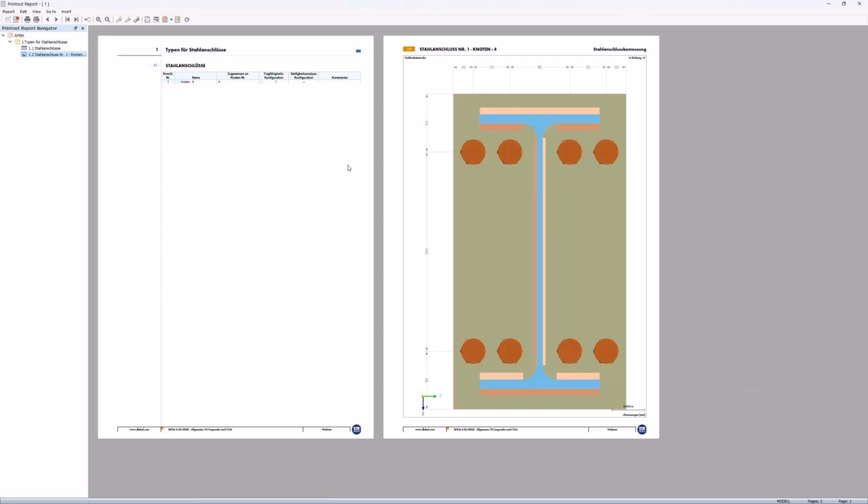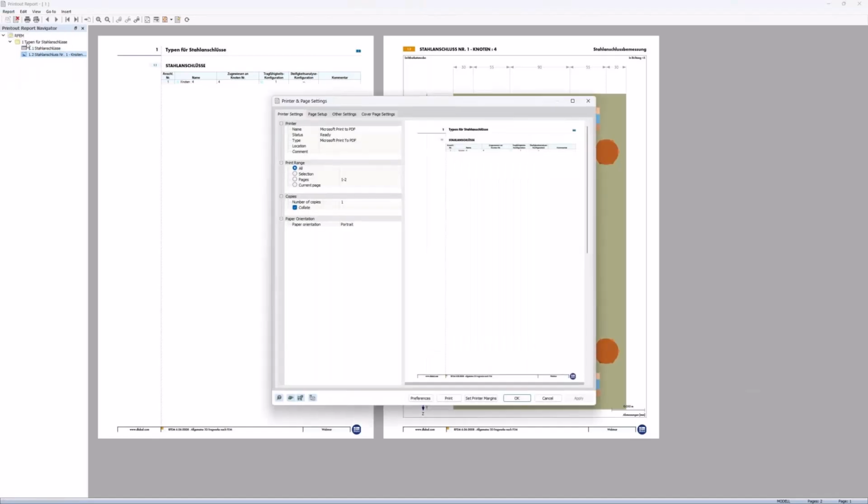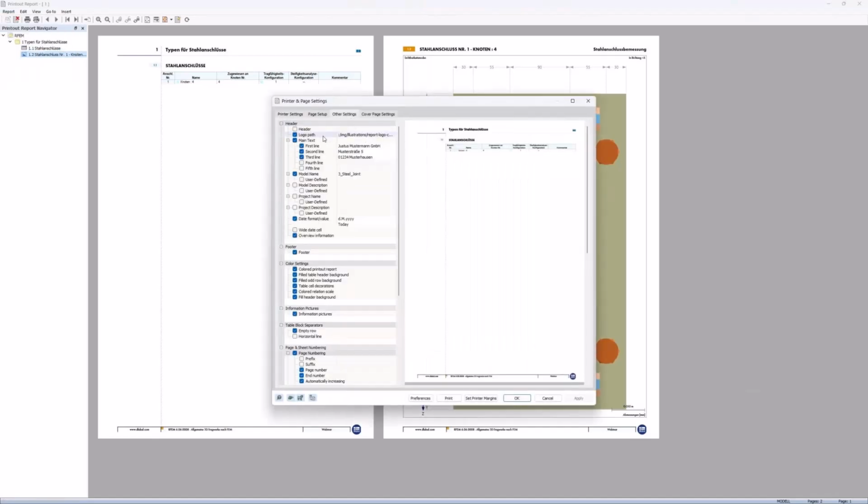The next question is, how can I share my user-defined settings for the cover page and header of the printout report with my colleagues? I go in the menu to Report and Printer Setup. And you can select, for example, Header. And you can also upload your own logo, the logo of your company, for example. You can change the first line. I change it to,